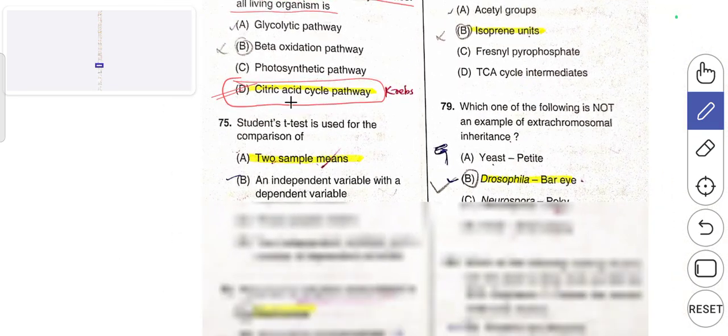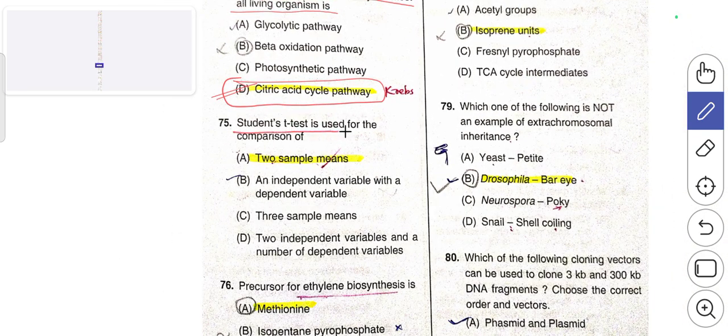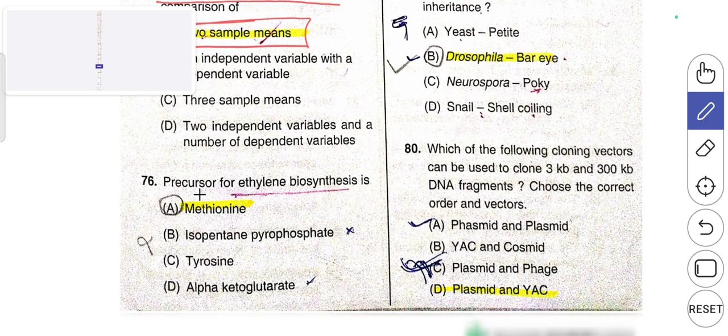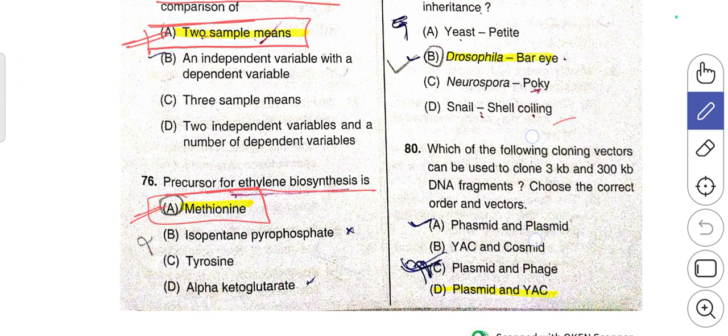Then 75th question. Student's t-test is used for the comparison of two sample means, that is A is the right answer. Then 76. Precursor of ethylene biosynthesis. This ethylene is produced from methionine, that is AUG. So then